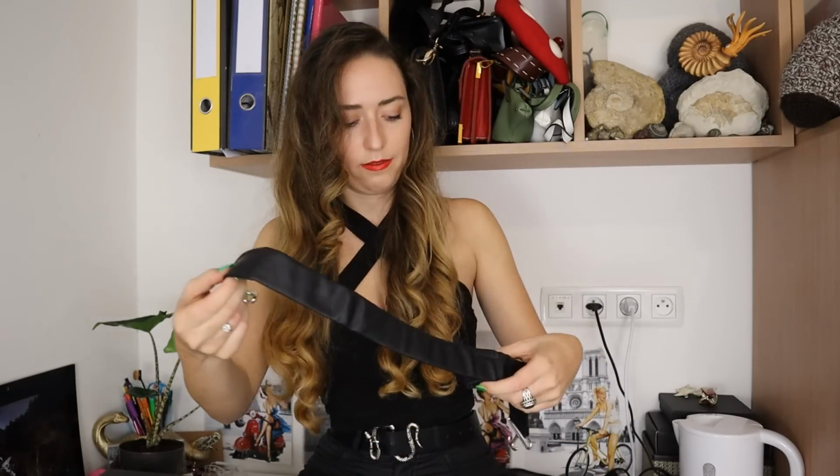Maybe, I don't know. I'm going to have to look at the picture for a while and figure it out, because there's just a load of straps, and I'm guessing they all clip around me somehow. So this is going to be a fun look to try and put together, but before I put it on,